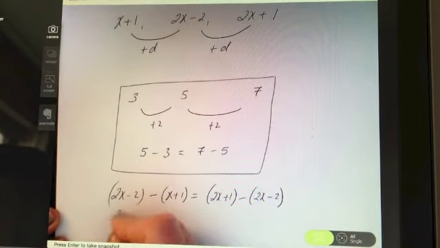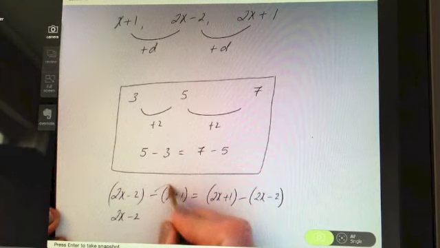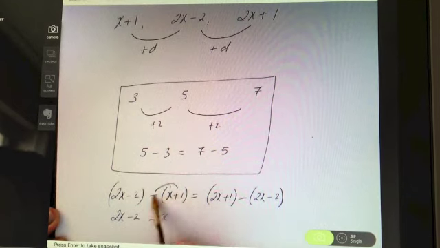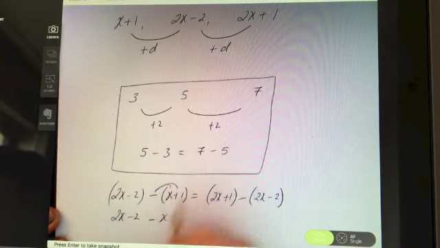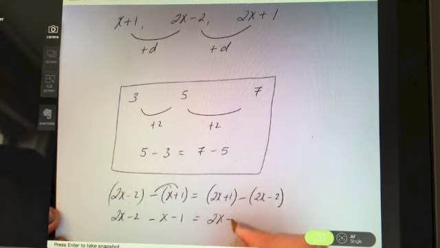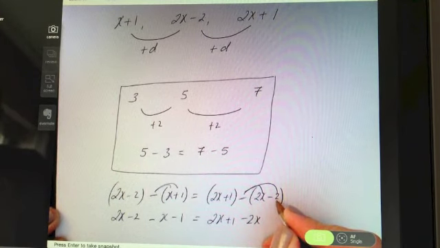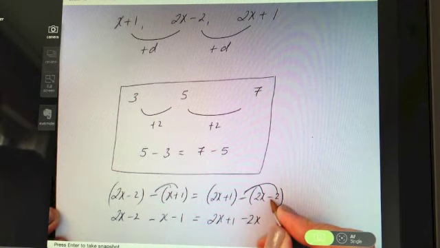So just be careful here, because when I subtract the x and subtract the 1, that minus, it's like multiplying by a minus 1, is going to have an effect on all the signs in here. So you're subtracting the x, so minus x and minus 1, and you have 2x plus 1, and same thing here, you're subtracting the 2x, and when you subtract a negative 2, you end up with minus minus 2,